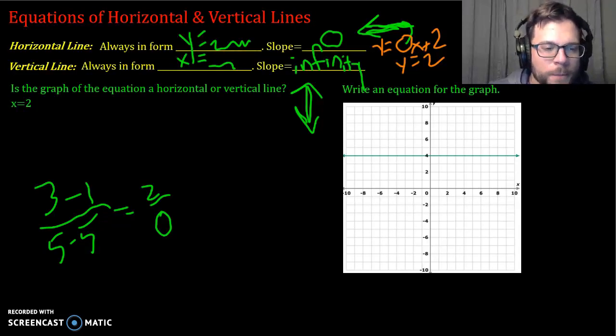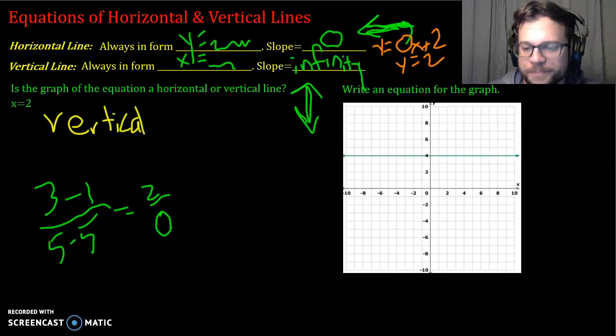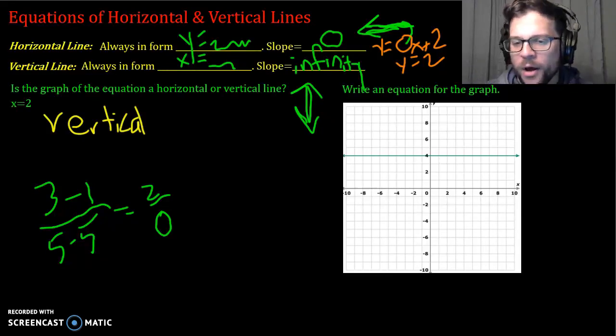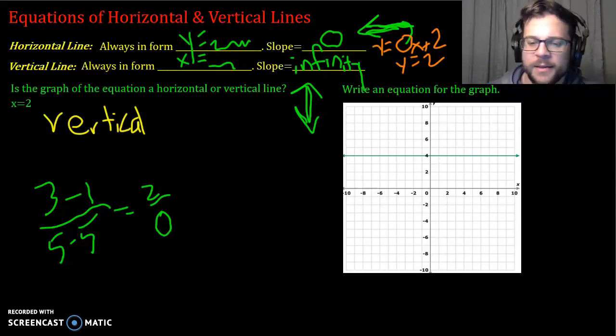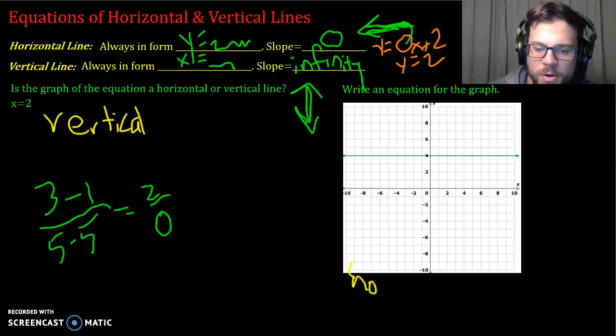Okay, so is the graph of this equation a horizontal or vertical line? And it's in the form x equals 2. Since we have the form x equals, this is a vertical line. That's all you got to look at. And then looking at a graph, hopefully you're able to tell the difference between a horizontal or vertical line. Completely flat, left to right, slope is 0. It's not changing. Let's write it underneath. Horizontal. Okay,